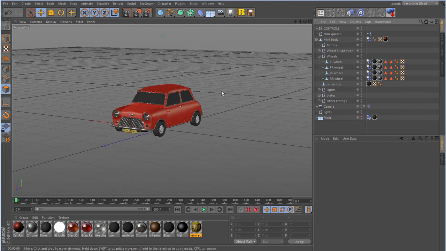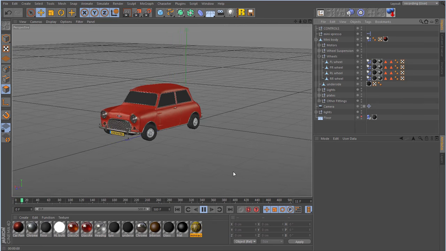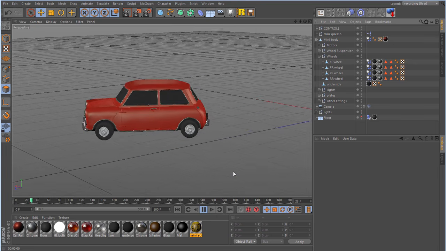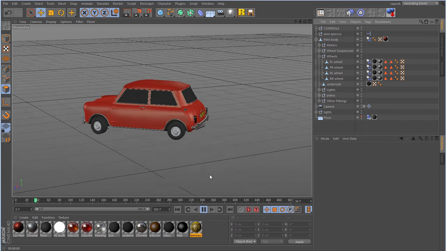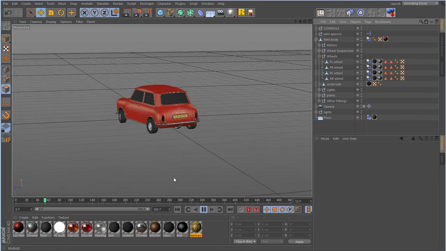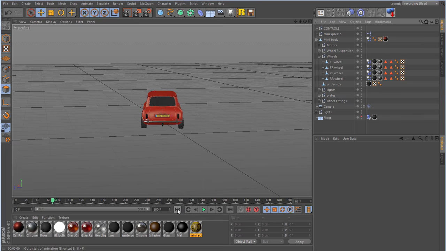Okay, so let's see what happens with this car when it's all rigged incorrectly. So I'll hit play. And as you can see, it's going at about 1 frame a second. Now if you had, say, half a dozen cars like this in your scene, your work would just grind to a halt. You'd never get anything done. So that's the wrong way to do it.